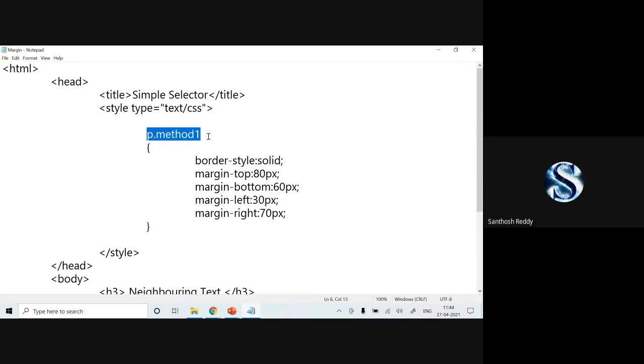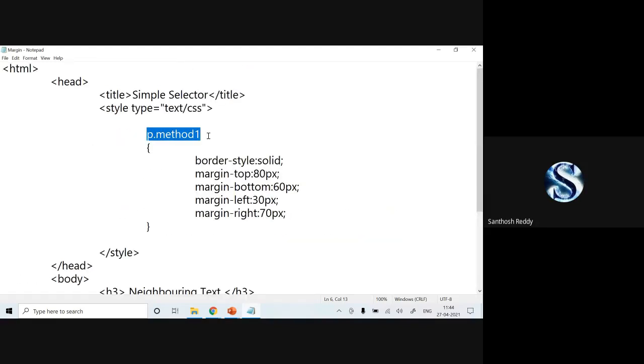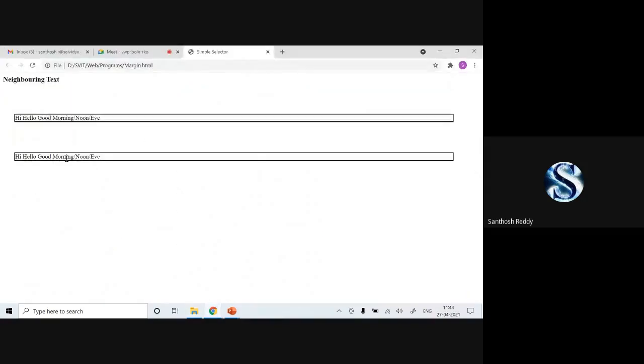Now can anyone say what type of selector I have used in this code? Can anyone guess? Class selector I have used. Okay, close it. Double click. See, whatever margin you have in between these two contents, we are going to call a margin.